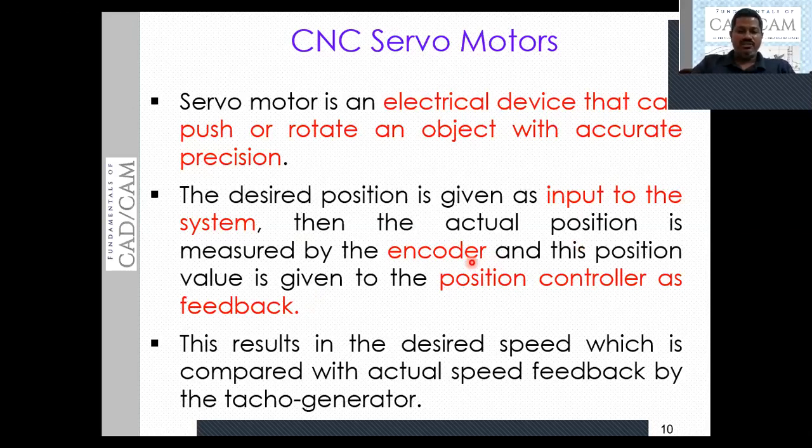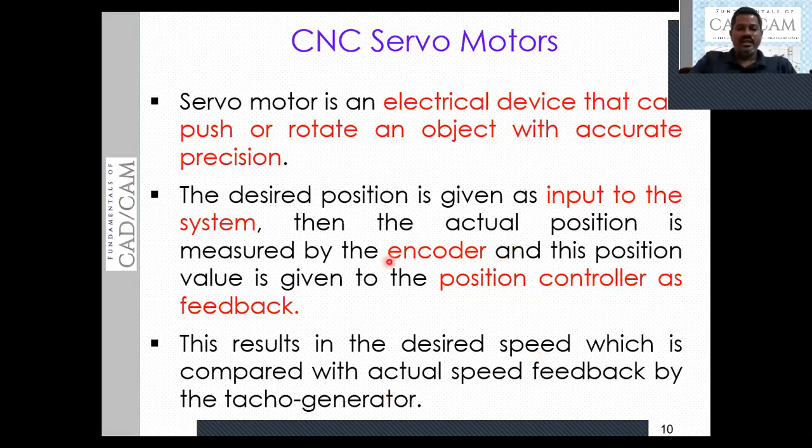Encoder is a device to continuously monitor the movements, or the speed and feed, of the table as well as the tool. So this results in the desired speed, which is compared with the actual speed fed back by the tachogenerator. Altogether, the encoder senses the actual position of the tool as well as the table.